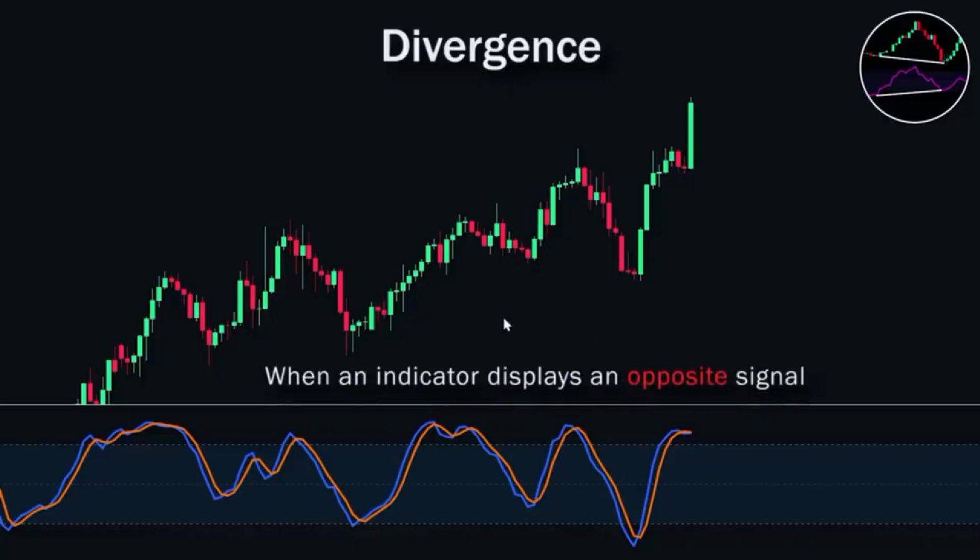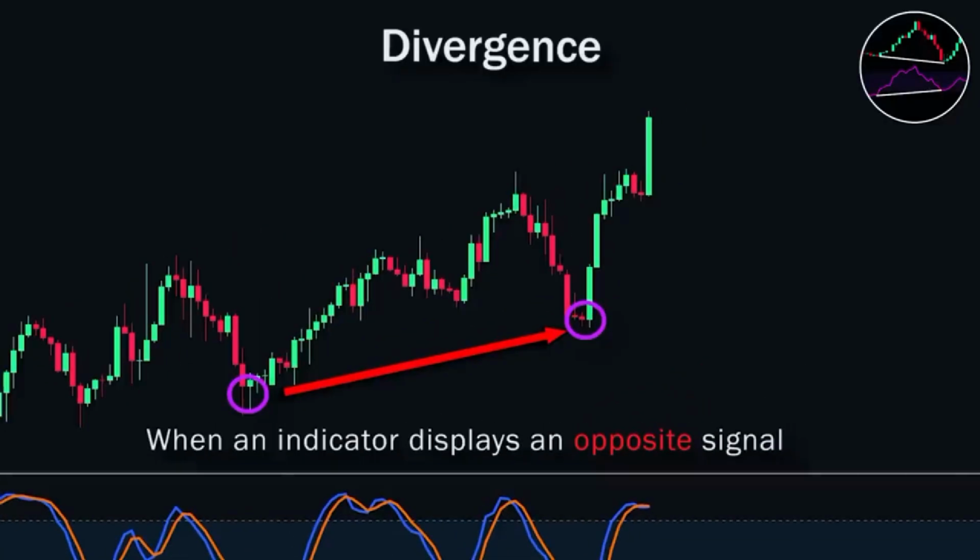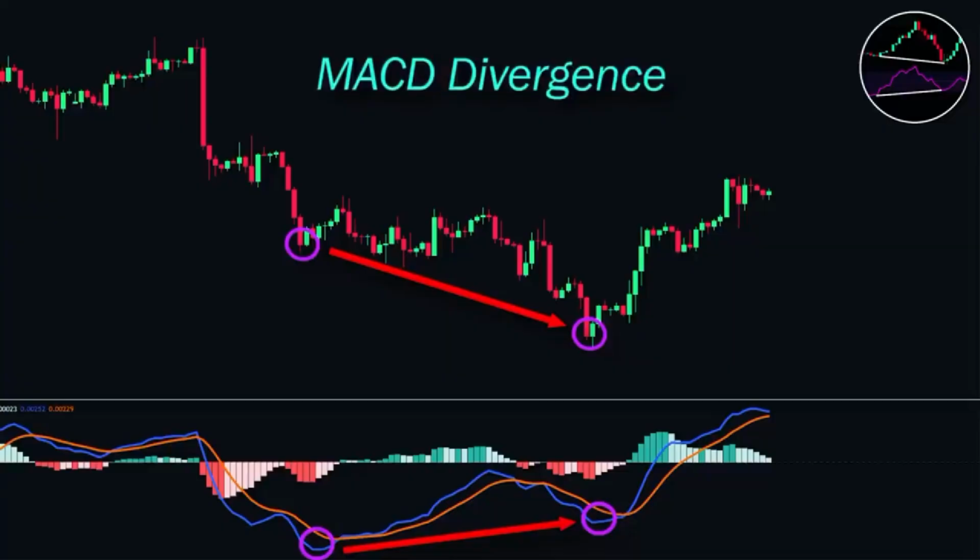Divergences. Divergences occur when an indicator displays an opposite signal of the real price movement. When this happens, it is usually a sign that the trend might reverse. Divergences can occur in many indicators such as the MACD,